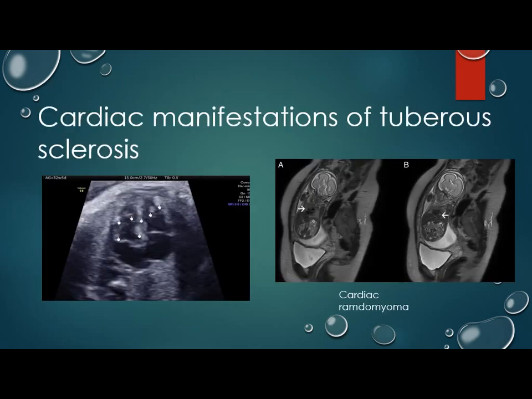Cardiac manifestation includes rhabdomyoma. The rhabdomyoma can be diagnosed neonatally, or in fetal life, antenatally, or after birth, but some of them resolve by the age of 4 years and cause no signs or symptoms; the patients are asymptomatic. When it causes symptoms, it can cause arrhythmia and cardiac failure. When the patient has symptoms, it needs surgical repair.